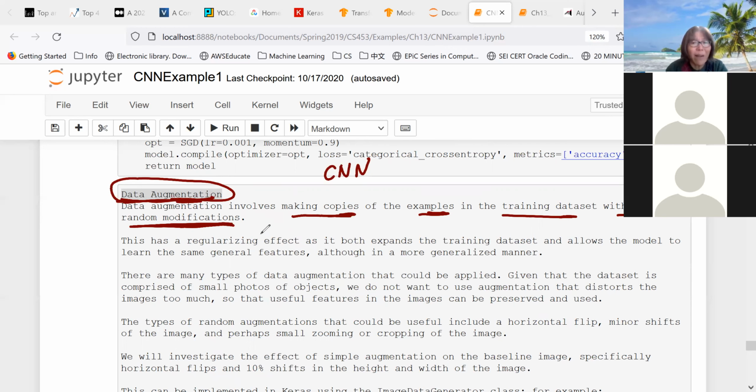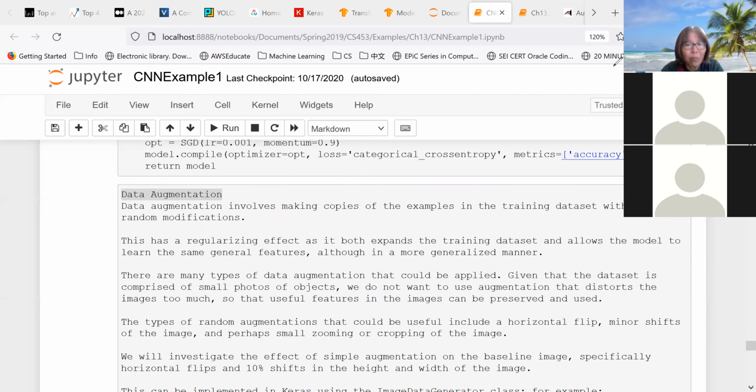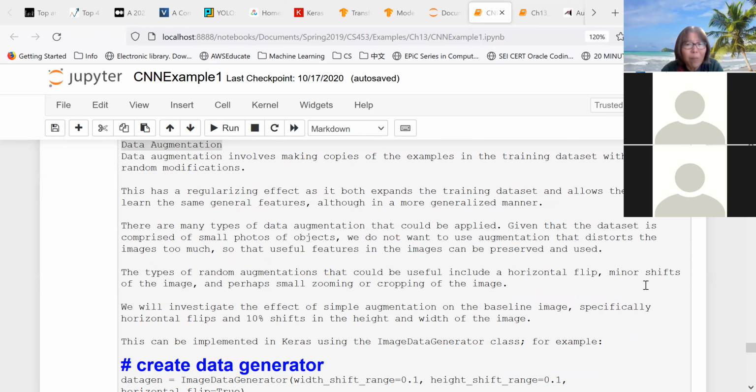The idea is, especially for images, the augmentation here, small random modification, just means you do some flipping, shifting on